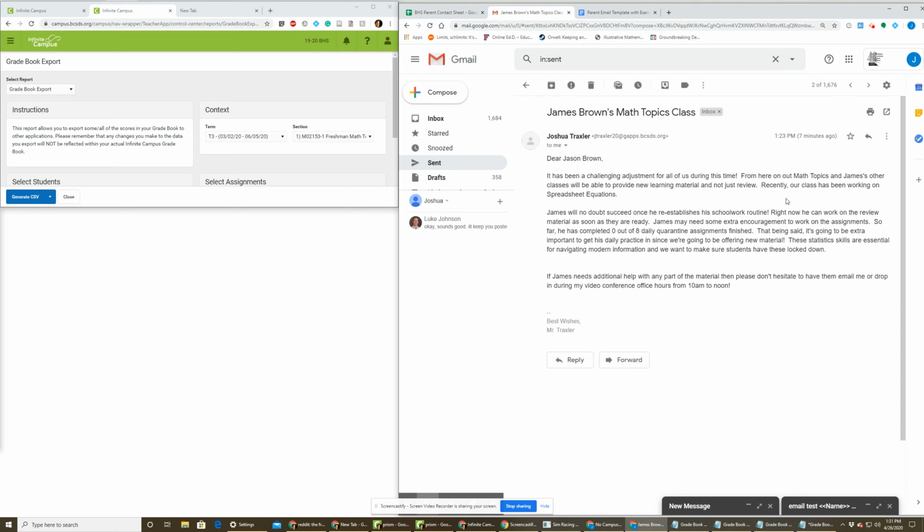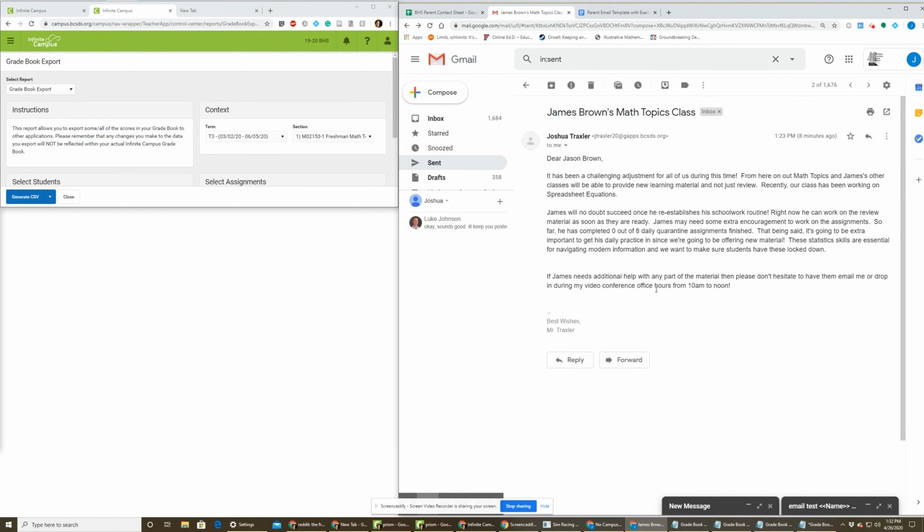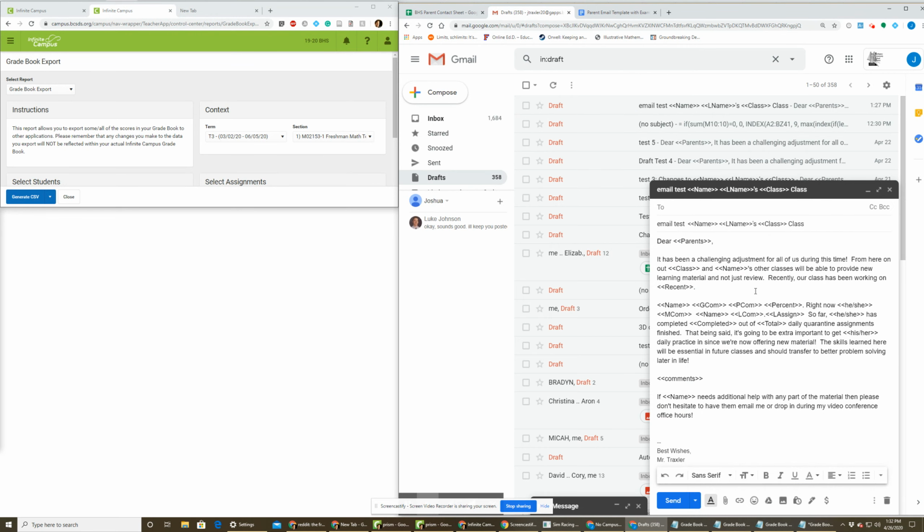The only thing on here that you have to adjust yourself is, when you go to the draft, when your office hours are. Let's take a look at the draft. It looks kind of intimidating, but some of this could be easily modified. Not the stuff with a bunch of these things in it, but the other stuff could be really easily modified